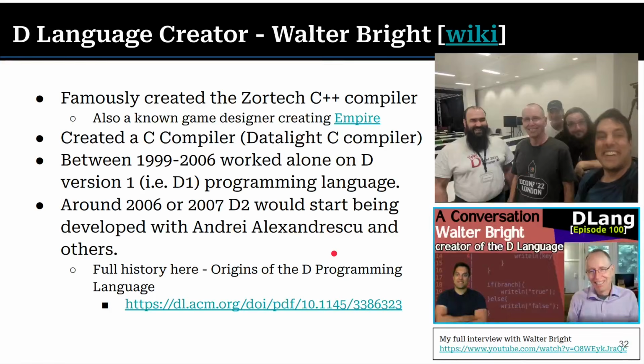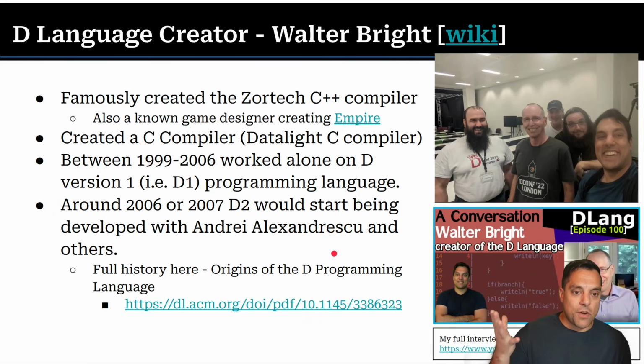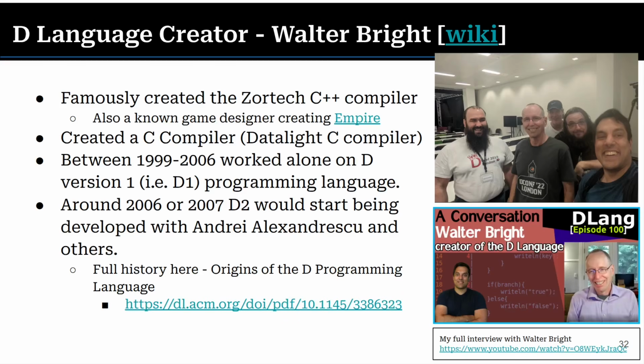All right, a little bit of history here. So, we looked at the D programming language already. I kind of jumped the gun into it, but again, what is it? I should note a little bit of the history here. It was created by Walter Bright, who famously created the first C++ compiler, as far as we know, all by himself, the Zortech C++ compiler. He also wrote some C compilers, and I think he's also written some JavaScript compilers as well. So anyways, he's an expert at building compilers. Around 1999 or so, to 2006, eventually he released the first version of the D programming language. That's when he was working on it.